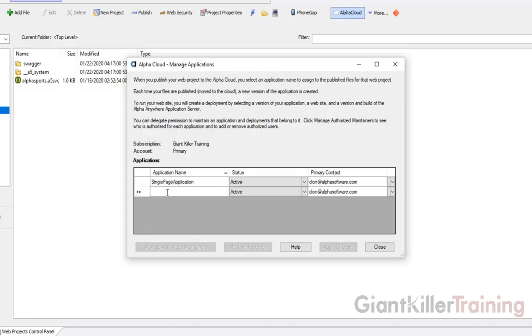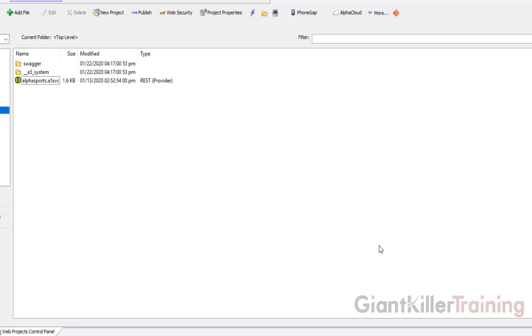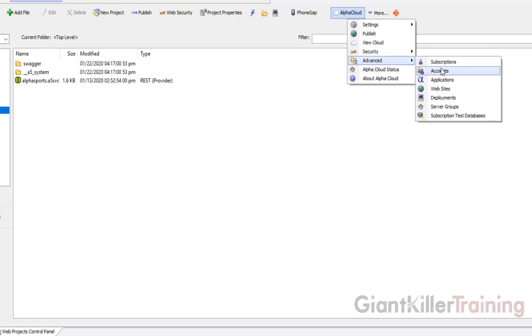So I'm going to go here and I'm going to go API application. And again, you can call it anything you want. And I'm going to click Apply Changes. Now that I've done that, I'm going to go ahead and click Close, and I've set up my application. Now that I have my application, I want to do the following. I want to set up my websites or my endpoints for it. So I'm going to go here to Websites. You'll notice I kind of go in sequence here. So I'm going to go to Websites,